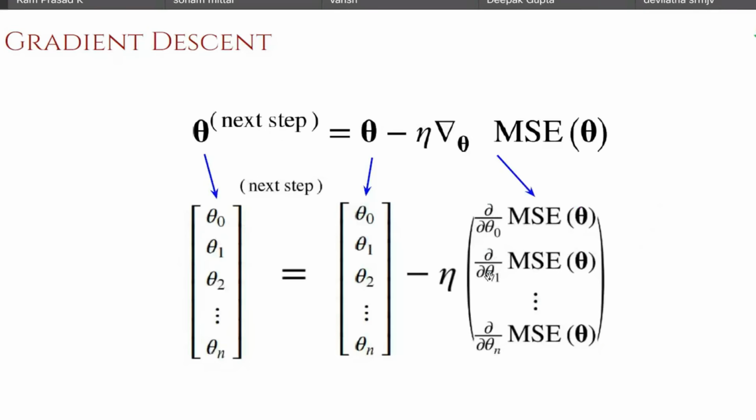If the derivative sign is positive, you would decrease a little bit, because positive times this minus is negative, so you will decrease it. If the derivative is negative, negative times negative becomes positive, so you will increase a little bit. That little bit is defined by this factor eta, which we refer to as learning rate, and the gradient information, whether it is negative or positive, eventually decides whether you need to update by increasing or decreasing the value.